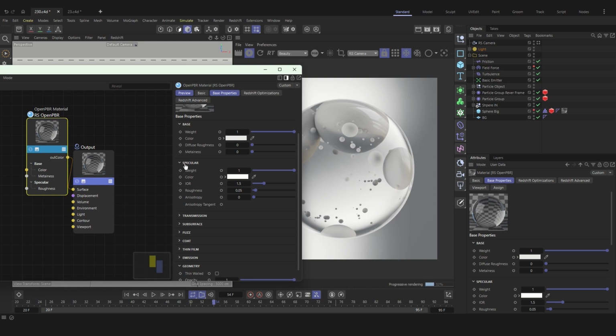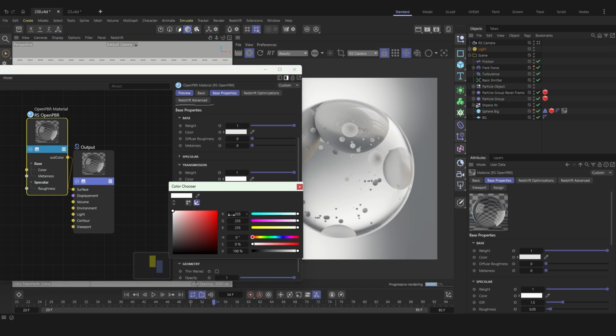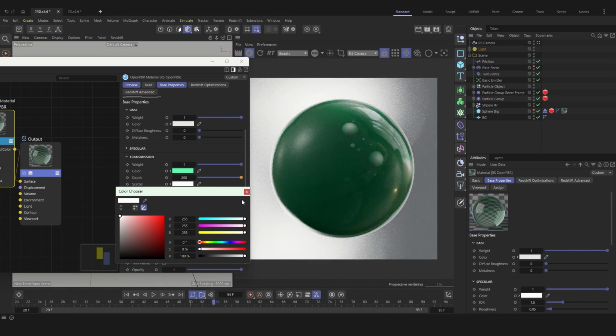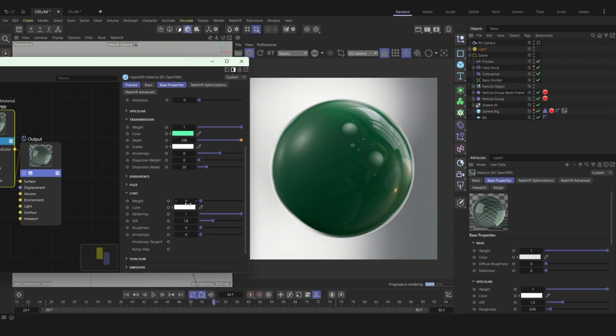Alright, let's start setting up the material. First, in the transmission section, we'll add a green color and increase the depth to 200 to make the color more saturated. Then we'll set the scatter color to white. This will create internal light diffusion, similar to frosted glass or milk. Next, under the coat settings, we'll only adjust the roughness